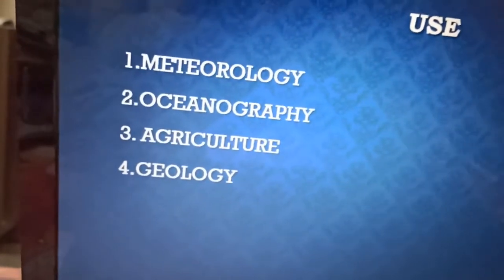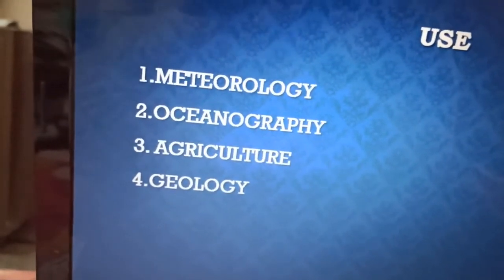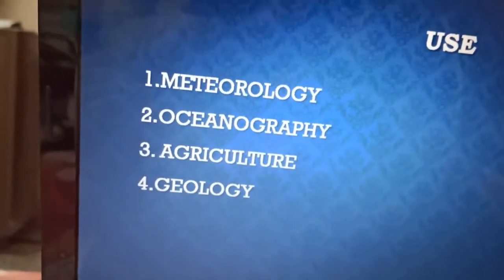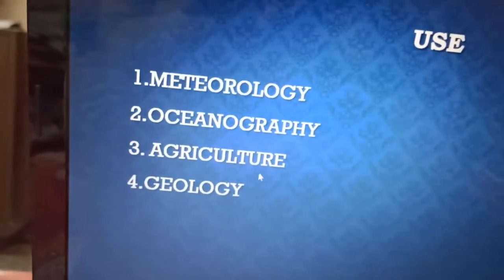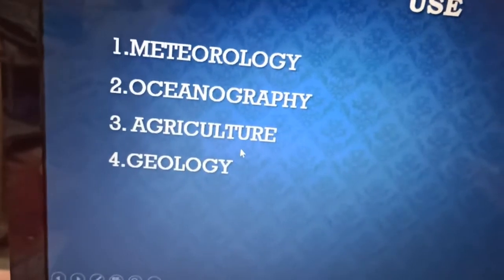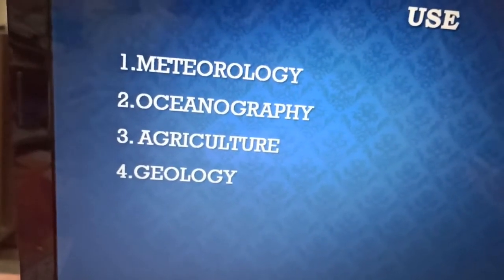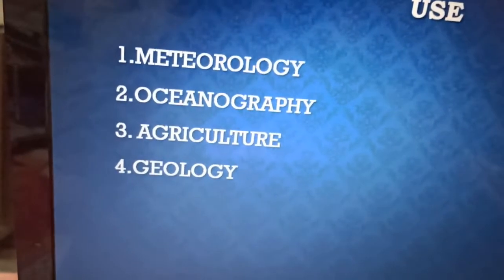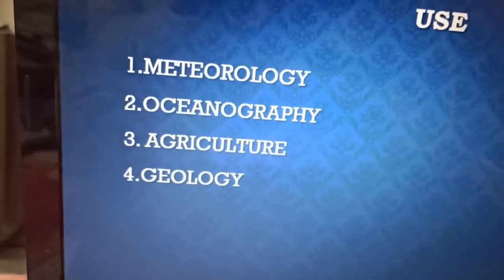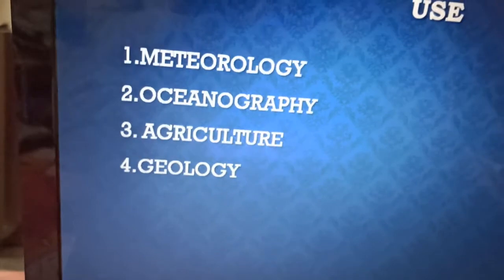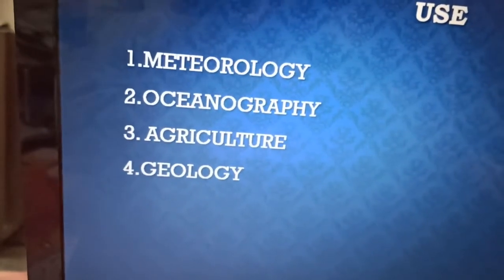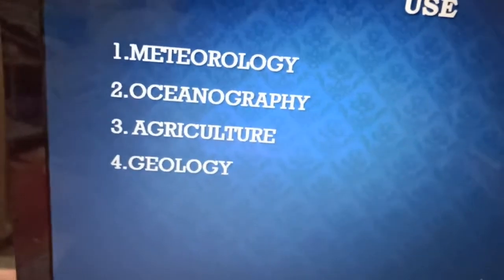Next is agriculture. Crop yielding, cropping pattern, and detection of land use pattern can be done with the help of satellite images in the case of agriculture. Next is geology. In geology, it helps in the identification and mapping of the physiographic and tectonic features present on the earth's surface. Then mineral resources mapping, and mapping of earthquake prone zones and volcanic eruption prone zones can be done with the help of satellite imageries.